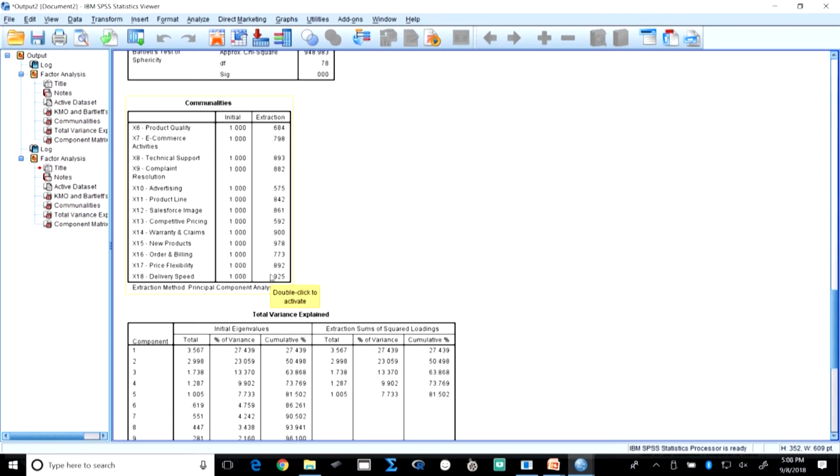If it is less than 0.5 and your model is not very good, then you may start thinking of dropping the one which has the communality less than 0.5, okay. But do it one by one. If there are 2 variables below 0.5, do not delete them at once. First delete the lowest value, run it, and if things change for better, it is good. If they do not, then go for the next lowest one again.